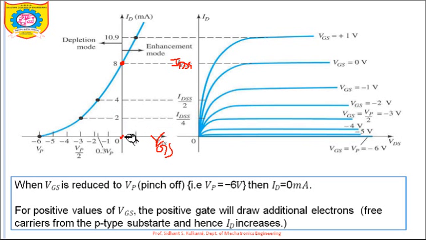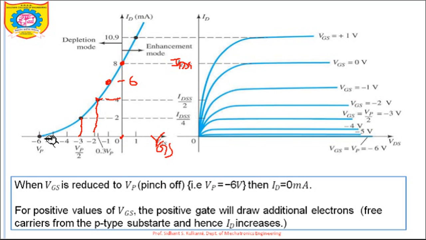Now if we increase VGS on the negative side, if we make VGS equal to minus 1 volt, what will happen? Because of this minus 1 volt, the electrons already present in the channel will be repelled by the electrons generated from the gate side, and holes will take their place. As holes take their place, it will reduce the ID current. Let's say ID is approximately 6 milliamperes at that point. If we further increase the reverse bias of gate to source voltage, at minus 2 volt the drain current is further reduced to 4 milliampere. At minus 3 volt, it is down to 2 milliampere.